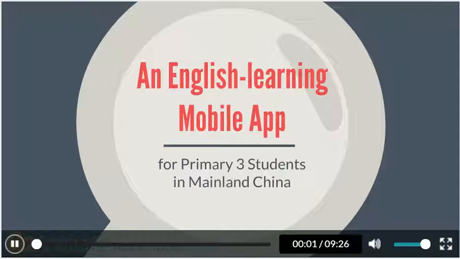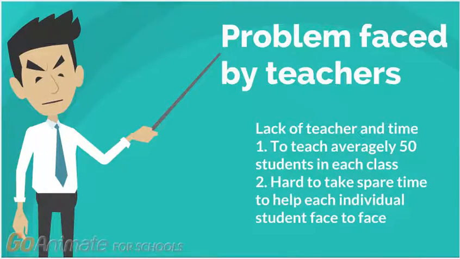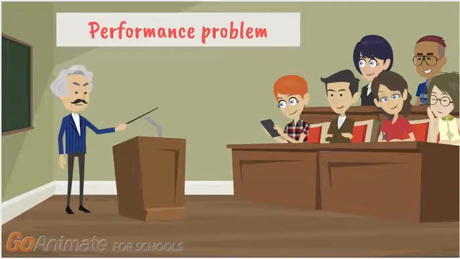to improve their daily English skills in aspects of listening, speaking, reading and writing. In mainland China, every English teacher in public school has to teach an average of 50 students in each class. It is hard for teachers to take spare time to help each individual student face to face. Without sufficient time and instruction from teachers, it is difficult for them to improve their daily English in a non-English